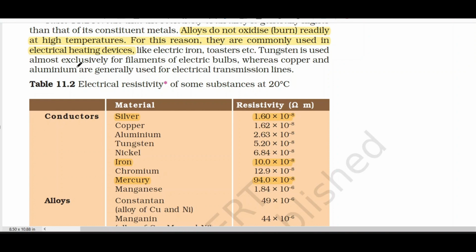Tungsten is used almost exclusively for filaments of electric bulb. Filament जो भी आपके बल्ब होते हैं, येलो कलर के बल्ब होते हैं, उसमें एक फिलामेंट होता है, आपको दिखता होगा, that is made of tungsten, whereas copper and aluminum are generally used for electrical transmission wires. जो आपकी वायर्स घर में यूज होती हैं जिसमें करंट आता है, those are made of either copper or aluminium,